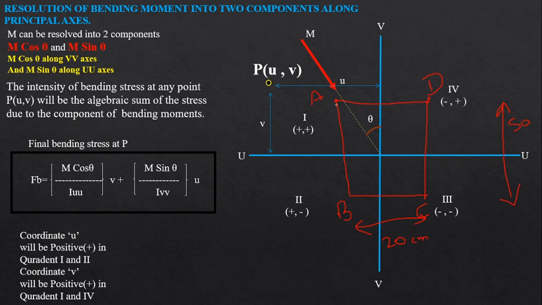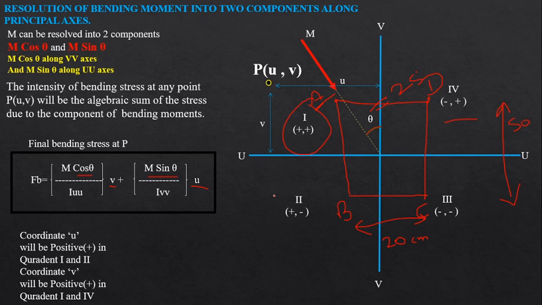The coordinates and plane of loading are the same, and theta will be 25 degrees. Point A is in the first quadrant, B in the second, C in the third, and D in the fourth quadrant. So the values of V and U are positive in this quadrant for A, and m cos theta is also positive, and m sin theta also positive. That's how we find the stresses at every corner. Somewhere the values are positive and somewhere negative. So this is an easy question, we can do it.